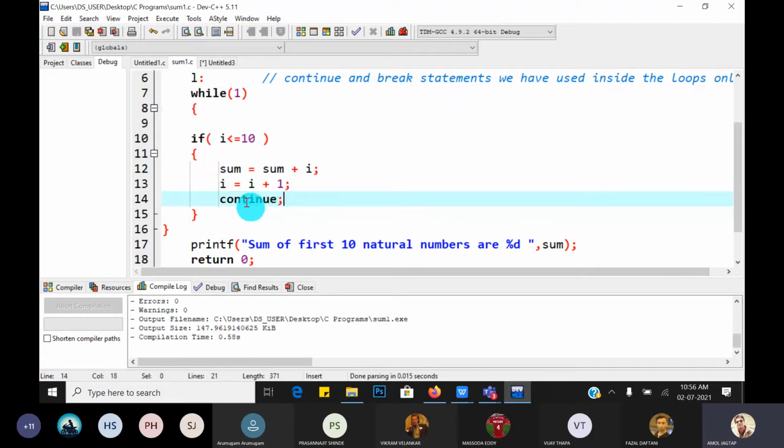What is the meaning of continue? Skip the above statements and continue with the current loop. And what is the meaning of break statement? You have to break the current loop. That's why continue and break statements we have to write only within the loops. I hope you understand.